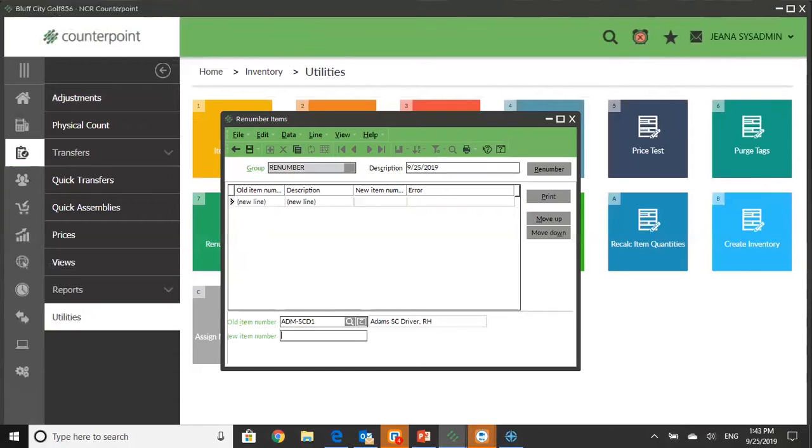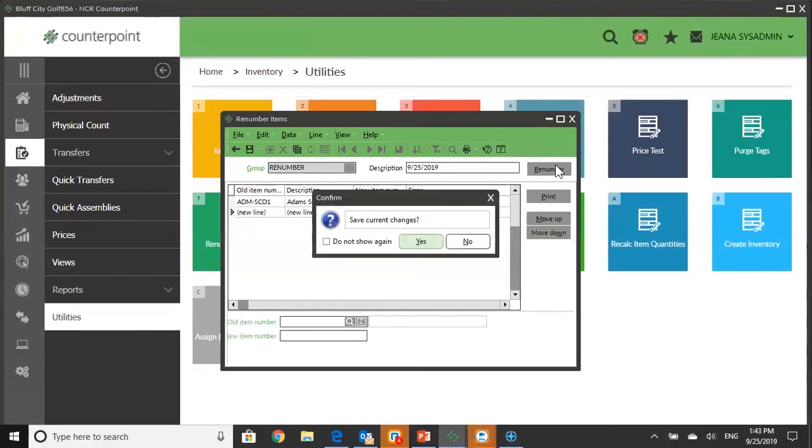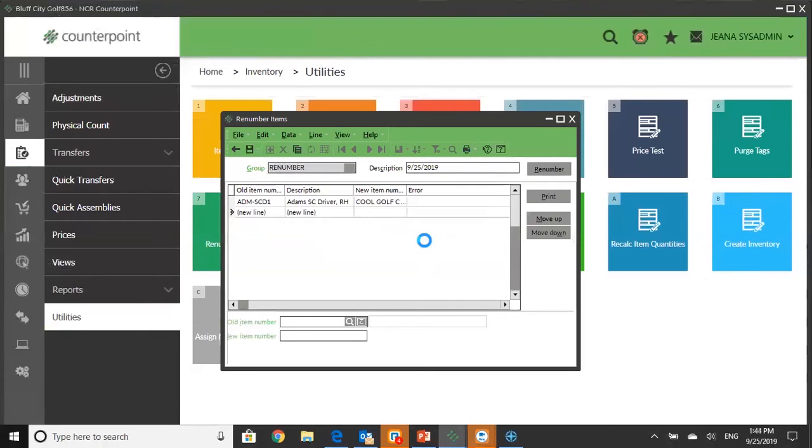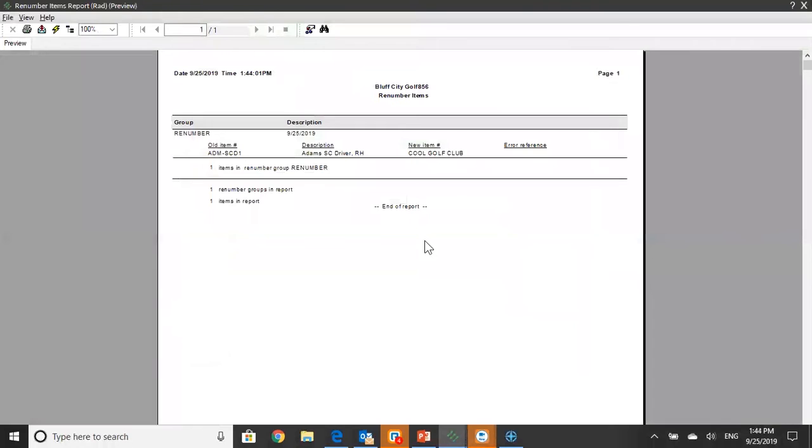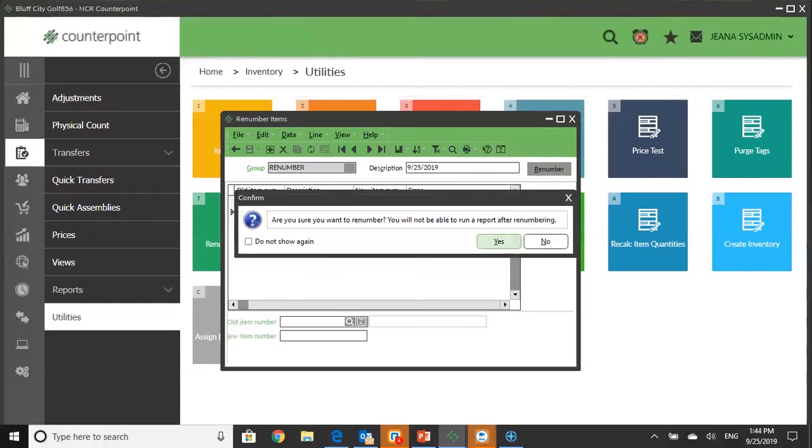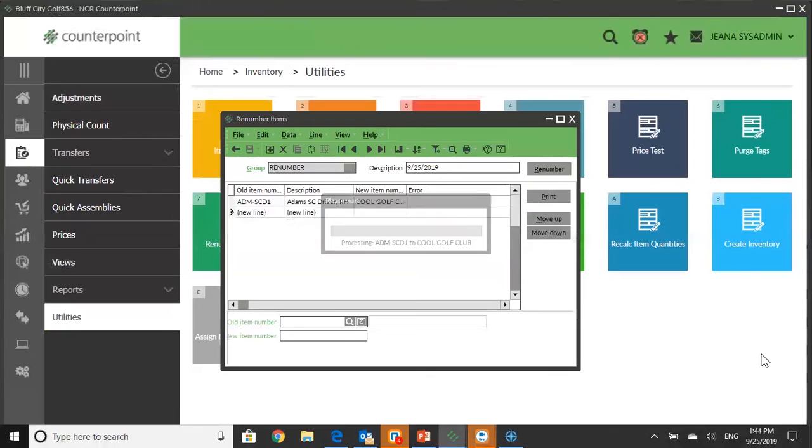I'm just going to call it Cool Golf Club. And then it jumps to the top when I press my Enter key. I can save and move on with my life and execute this worksheet later. Or I can click on Renumber. Yes, I want to save. I get a screenshot of what I did, which I'm going to save electronically. When I exit, I get a warning. Yes, I know I won't be able to get this report again. And then when I say yes,